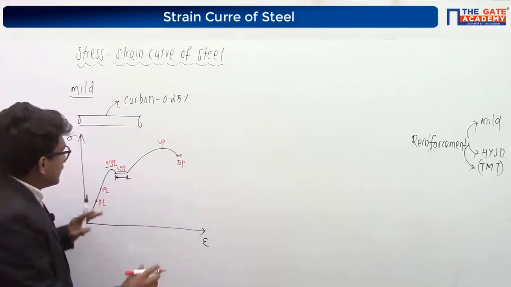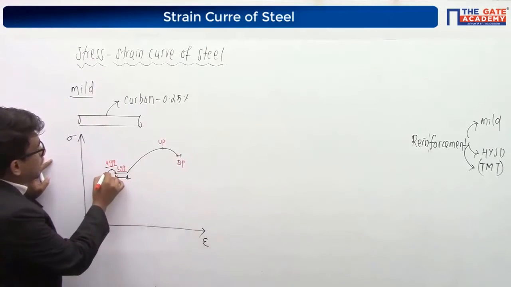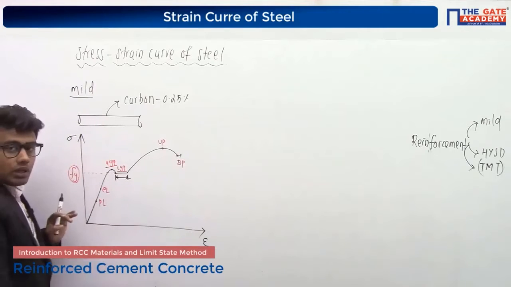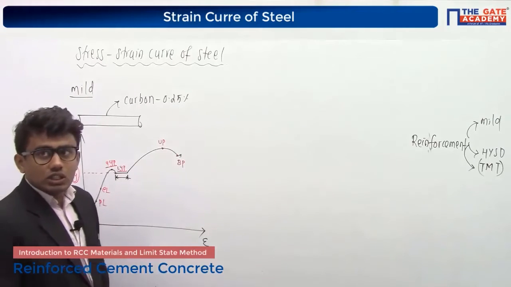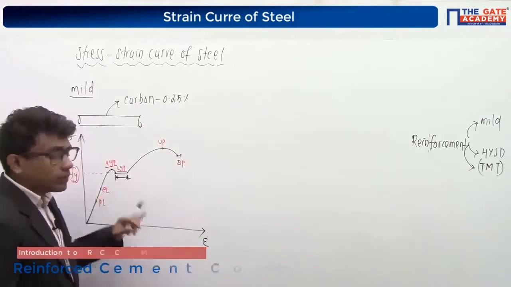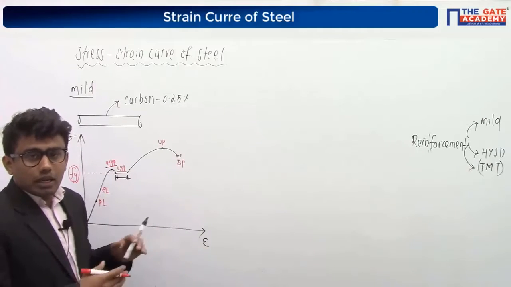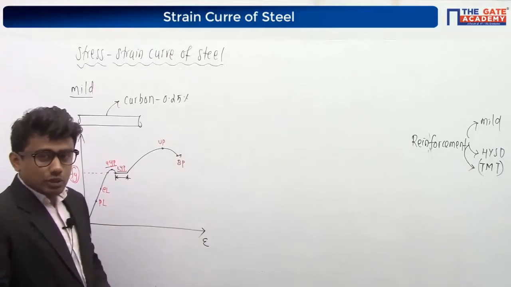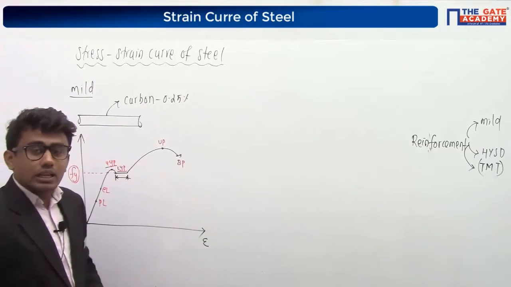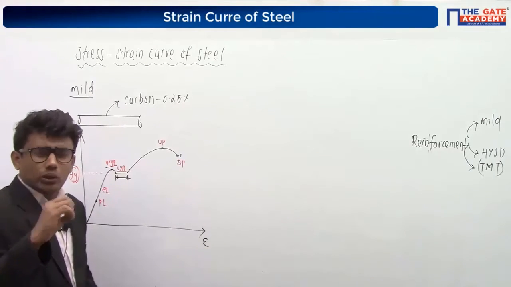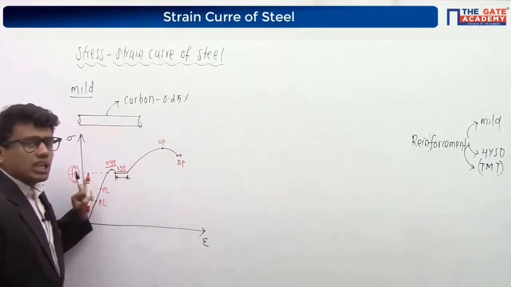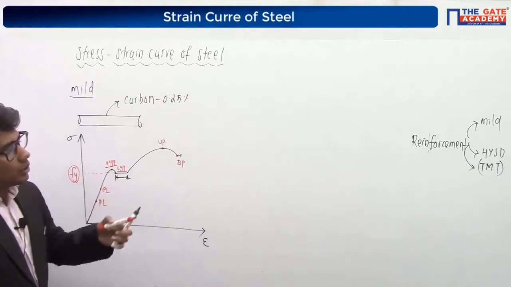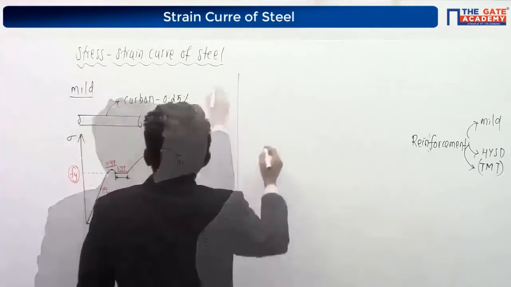We have to consider the lower yield point, which will give you the Fy, or yield strength of the steel bar, right? Why? Because compared to the upper yield point, the lower yield point is more stable, which does not depend upon the area of cross section. You don't have to go into the details; it will give you the Fy, the yield strength of the steel bar, right? Coming to our HYSD steel bars.